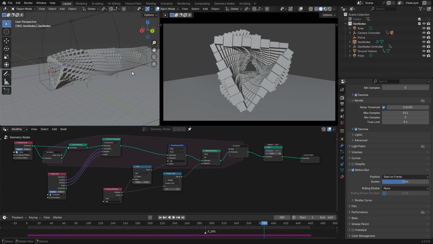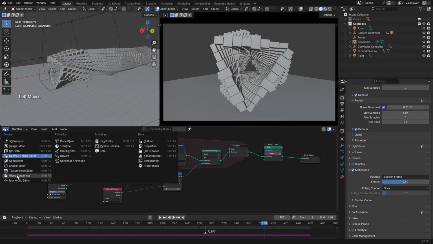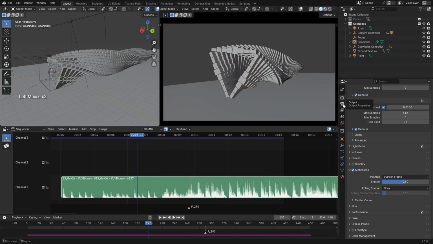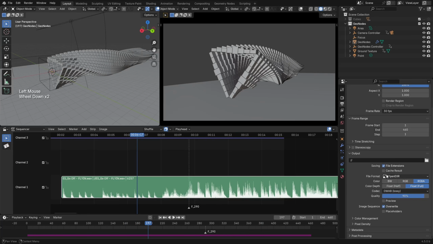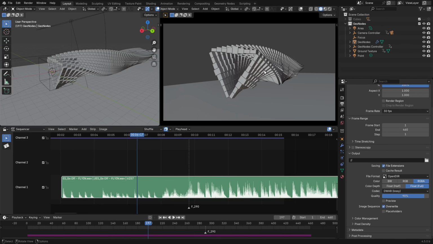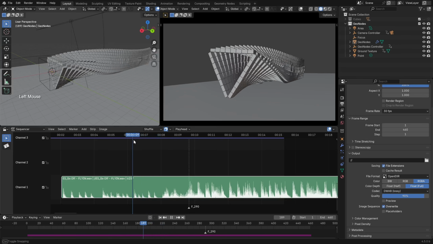And what's really cool is that we already have added audio to our project file. So if we go to our video sequencer, here you can see we have our audio file. So now we can go to the output properties and render it straight to video. This is a little bit crazy because we are using the beta version of Blender 4.5. So that means that if Blender crashes during the render and you're rendering as a video file, you will lose your entire render. But I like to live dangerously, so I'm going to show you how to export this straight